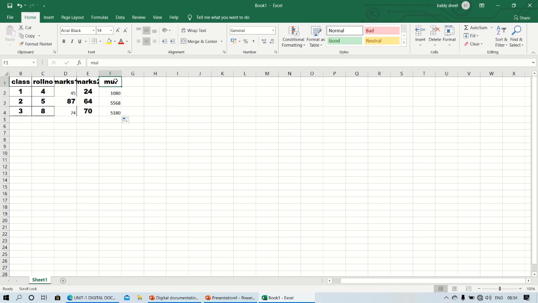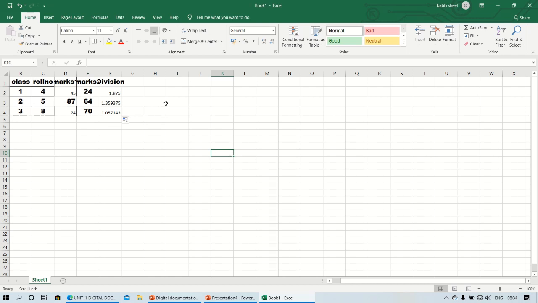If you want division to be entered, okay, so just click here, equal to, bracket, and then select here, divide by, select here and enter. So you will find the division data. So this is all about your addition, subtraction, multiplication and division.